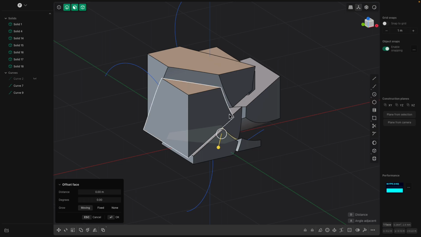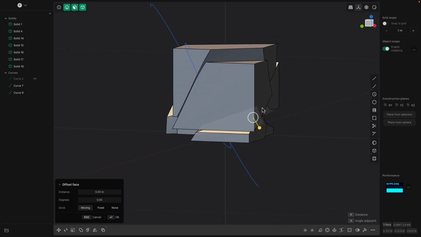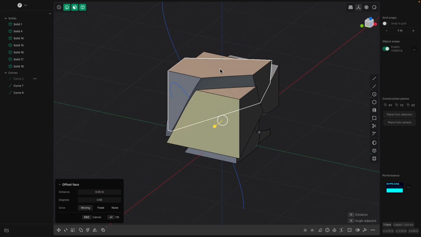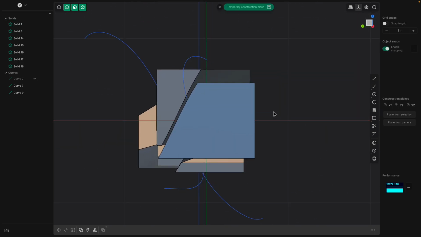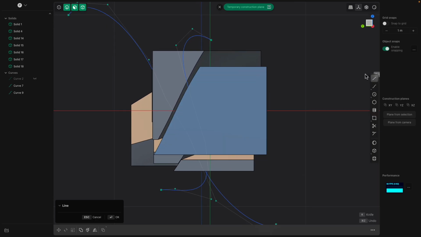And let's actually, oh yeah, our construction planes already reset itself, I believe. And now, of course, if we are selecting a face, remember, if we hit spacebar and we want to do